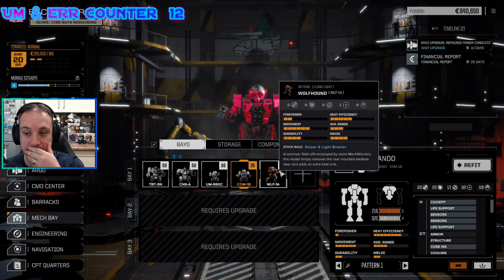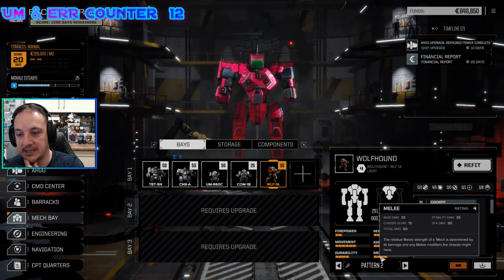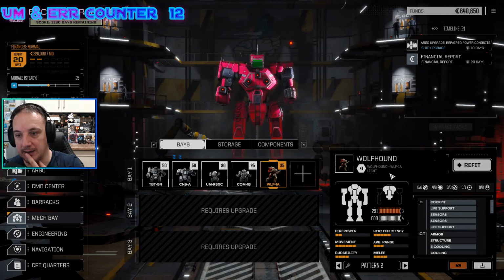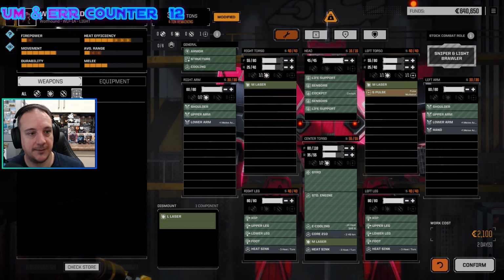So we are trying to decide whether... Honestly, the Commando is probably... Damage of 35. The Wolfhound has got a better base hit, but it only has 1 support weapon. But it also has better movement. I think the Wolfhound is going to be our sort of dedicated punch bot right now. So what we need to do is we're going to drop the large laser, we're going to put in the small pulse over there,